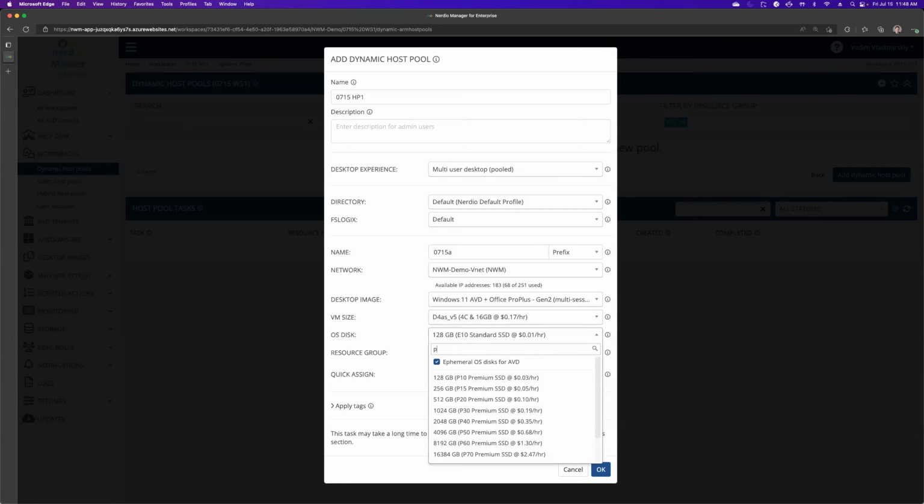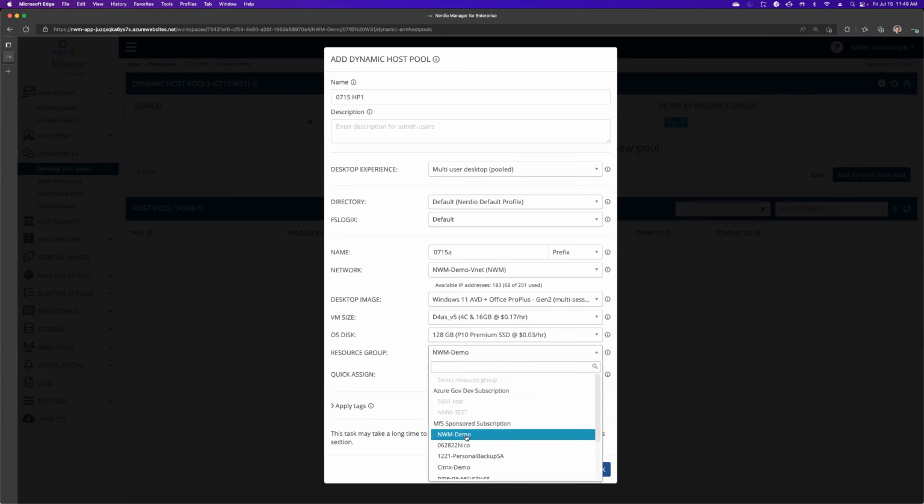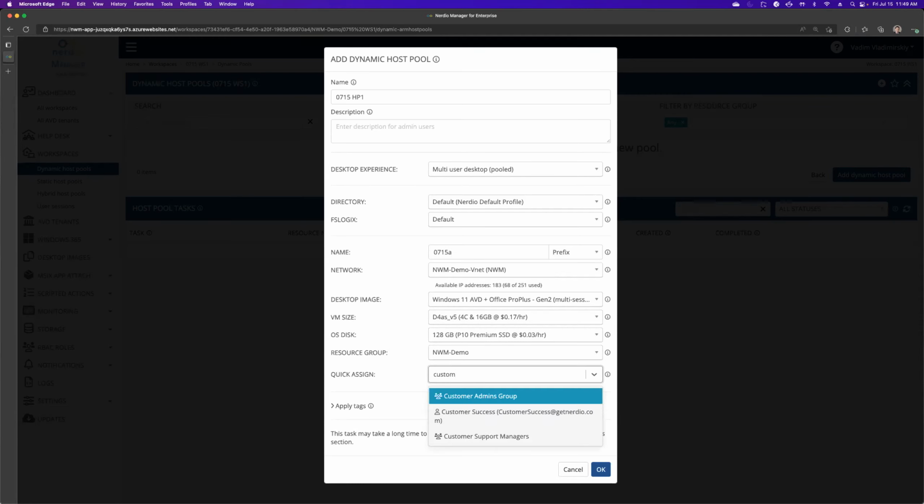Same thing with disks. We're going to go ahead with a P10, which is a 128 gigabyte premium disk, and it's going to cost us 3 cents per hour. Then we'll select a resource group, which is going to be my demo resource group. And here we can even begin assigning our users, or more commonly security groups, to this host pool. So by the time we're done with this process, users will literally be able to log in within minutes from now. So I'm going to go ahead and select a group, and I'm going to go ahead and select a specific